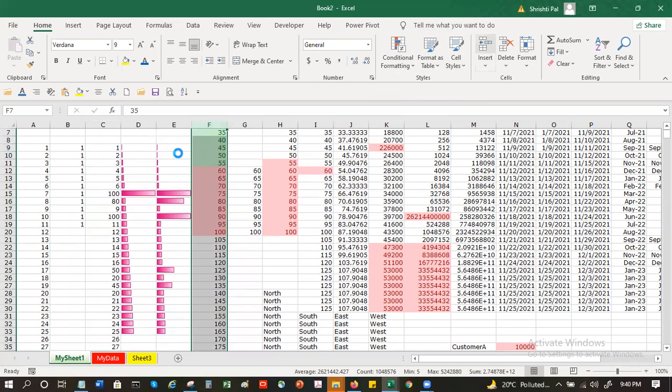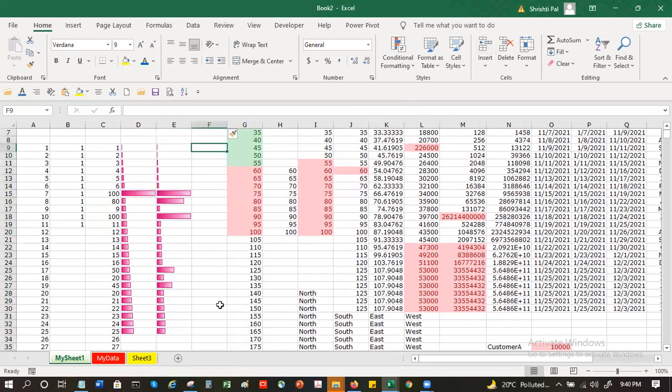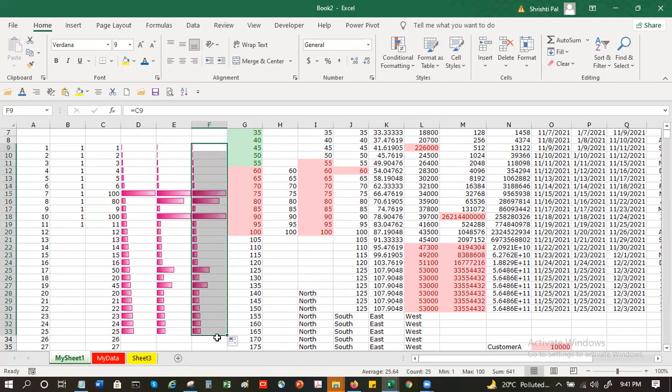I go to a new column, I go to this cell, I say equal and I click on this. Press enter and see, now it is equal to C9. Whatever is there, it will come here. Then I drag it. So all these values are C33, C32, C30, whatever my values are.